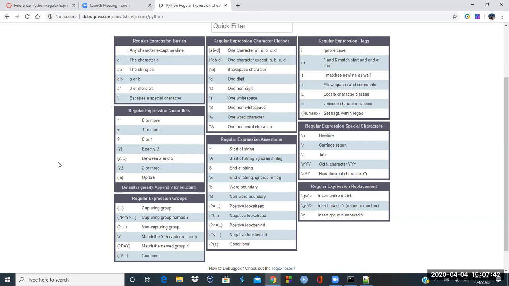So in this case, at 2 comma 5, N is 2 and M is 5, meaning that between 2 and 5 characters of that pattern. And then you put the pattern before that one. For example, if I put A brace 2 comma 5, that means it's going to look between 2 to 5 characters of A occurrence. And then 2 comma, and then not giving an end, which is M in this case, this means 2 or more. That means that the more could be any number of infinite